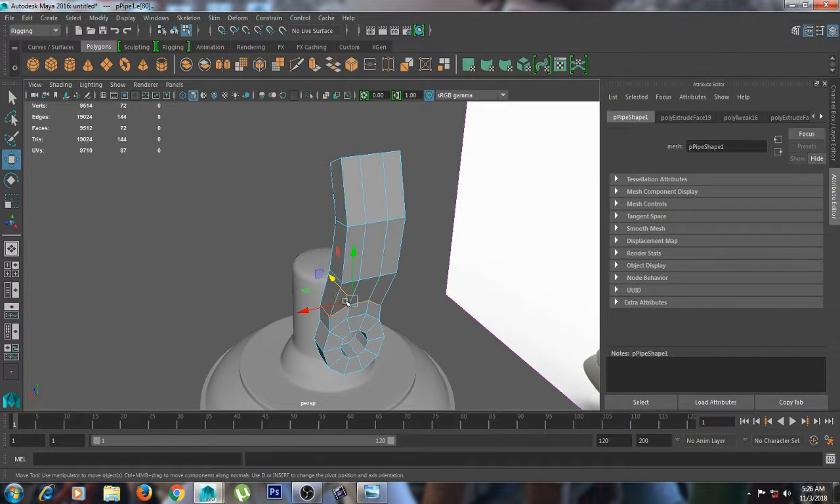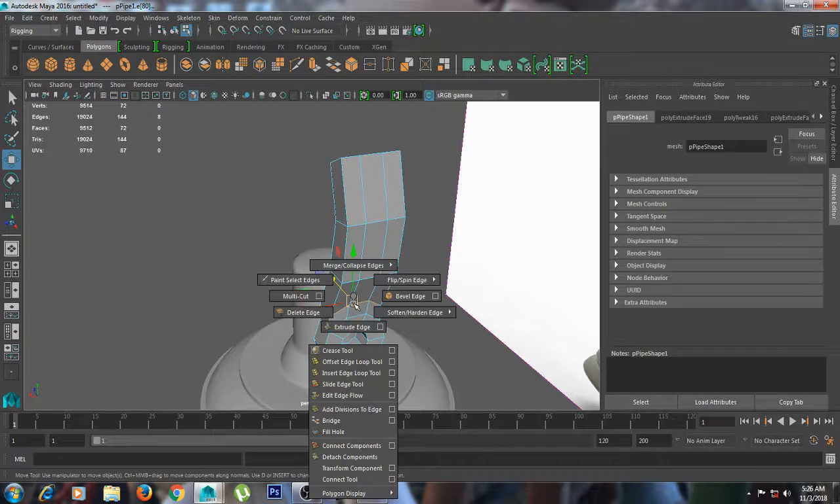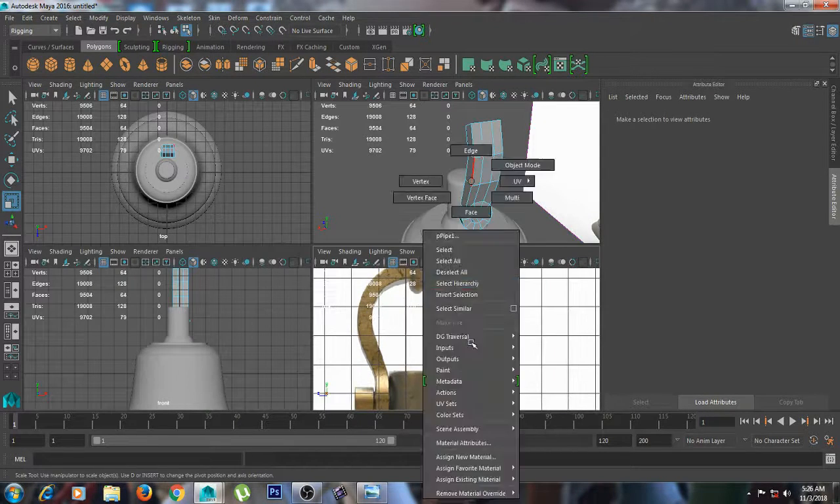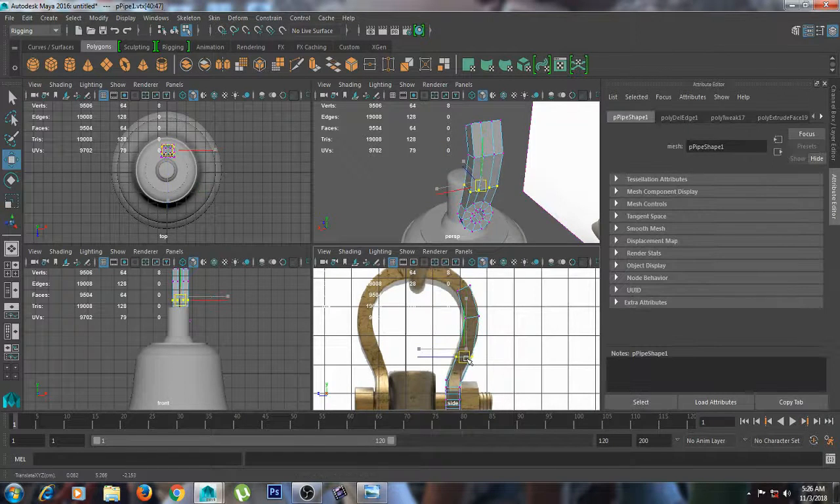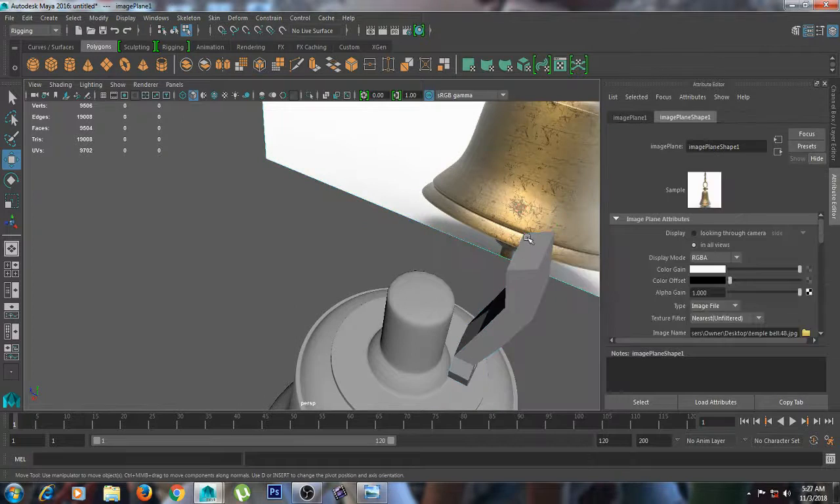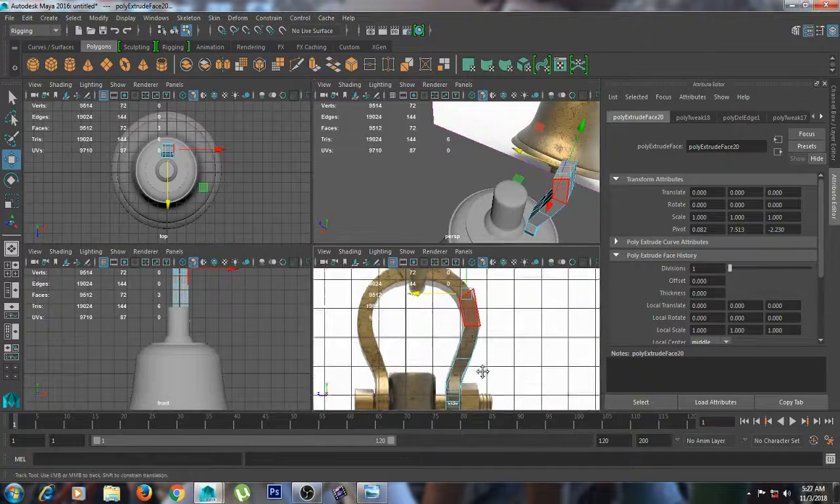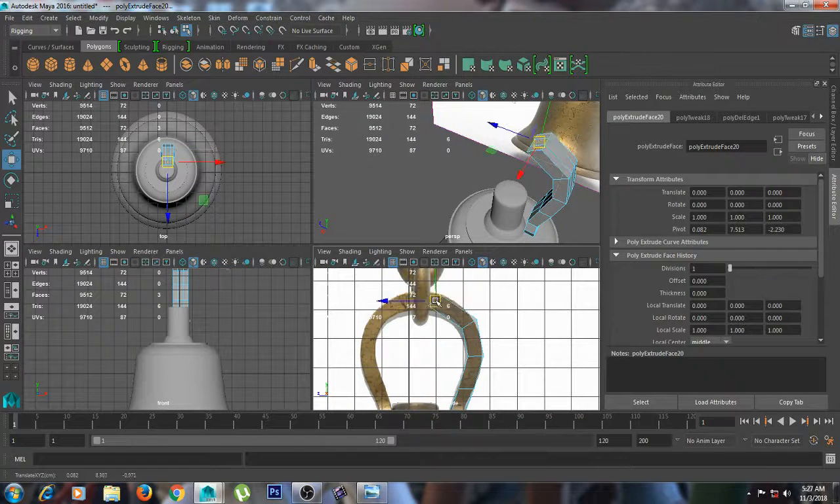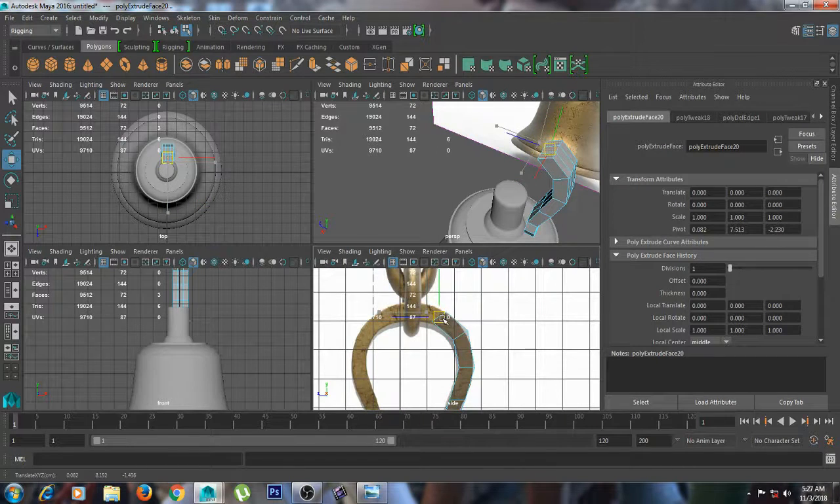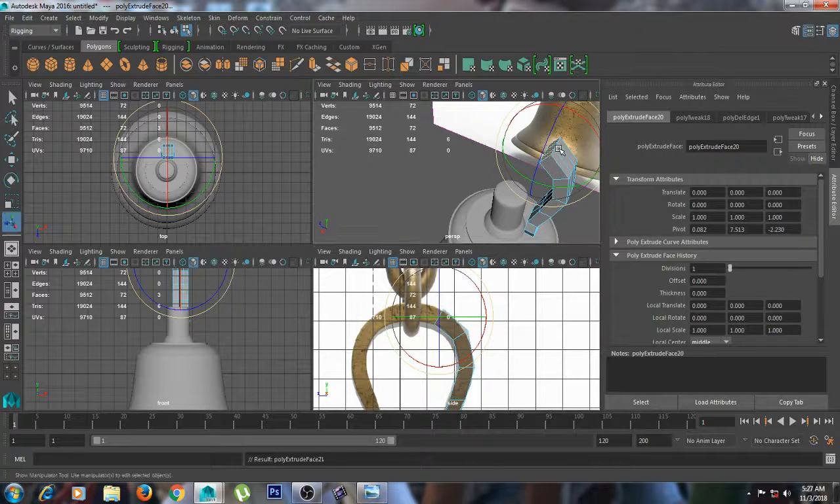Okay, I'm going to delete this edge. Shift right click and delete edge, and then I'm going to keep this here. I'm going to keep this here. I'm going to keep this here, and then I'm going to select this. I'm going to extrude it. Select these three faces and extrude it, and I'm going to rotate it like this, and again G2 repeat, W for